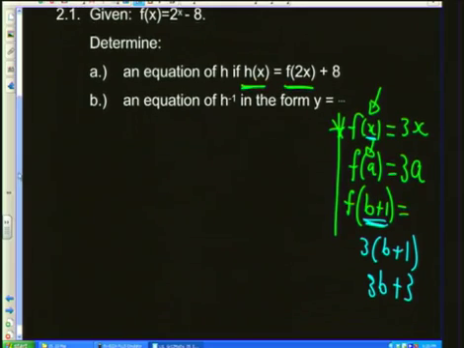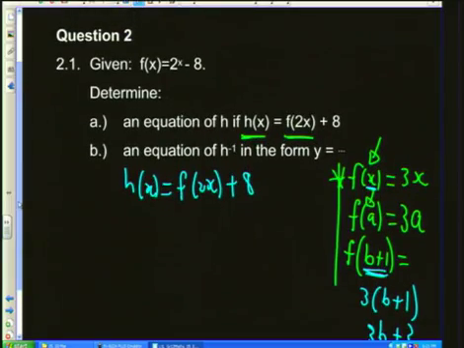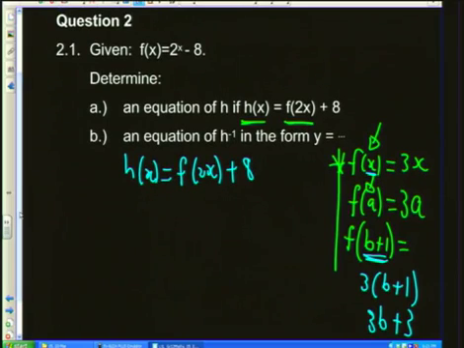Now, in this case, you need to find an equation of h if h of x equals f of 2x plus 8. Now, let's write it down. h of x equals f of 2x plus 8. Now, in other words, because we're given that f of x is 2 to exponent x, where I see x, I'm going to sub in the 2x for that h of x. Now, let's do it. So h of x equals 2 to exponent, in the place of x, I've got 2x, right, plus that 8